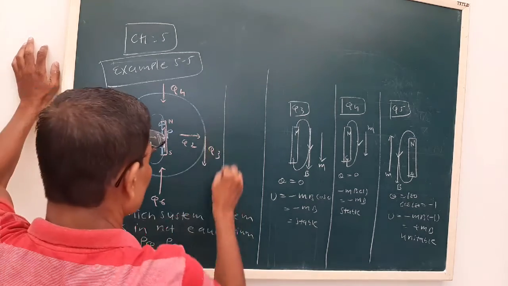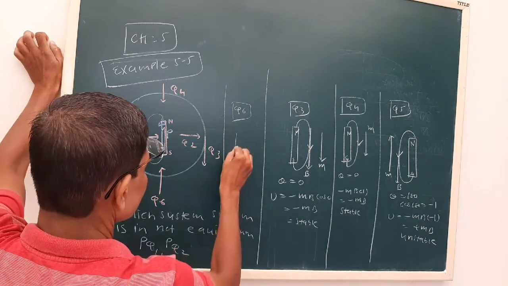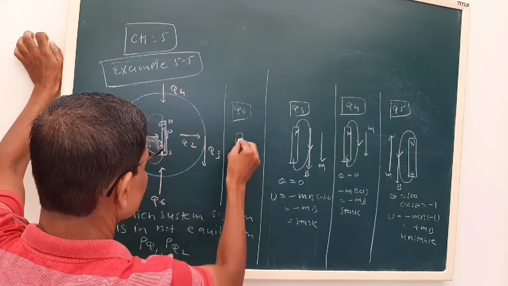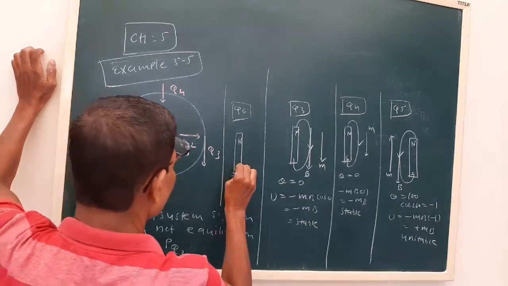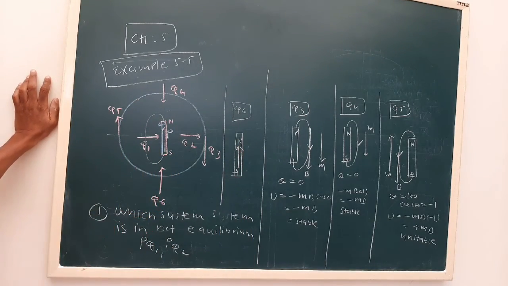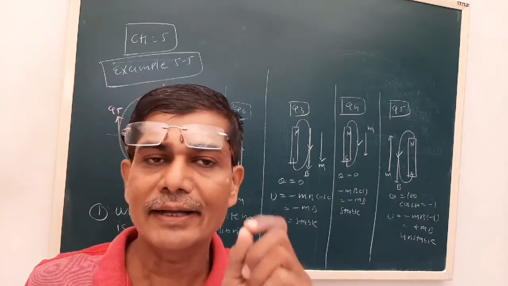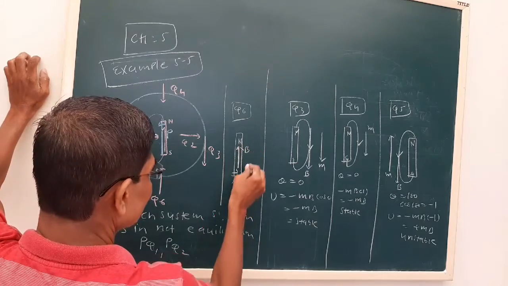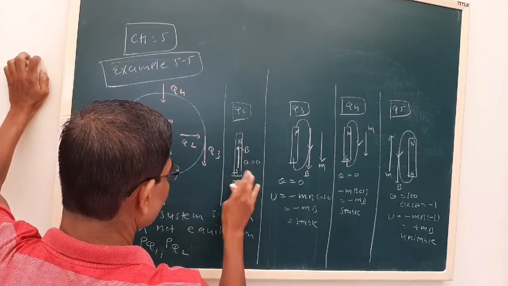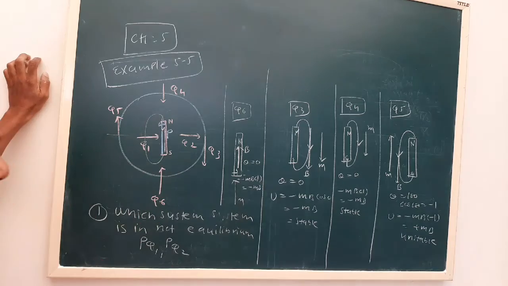Now let me calculate for Q6 also. See, this is the magnetic field of the bar magnet and this is the dipole moment M. Remember, inside the bar magnet the magnetic field line is from S to N. So this is magnetic field line B and this is M, theta is 0, that is why it is minus MB. So this is also stable.